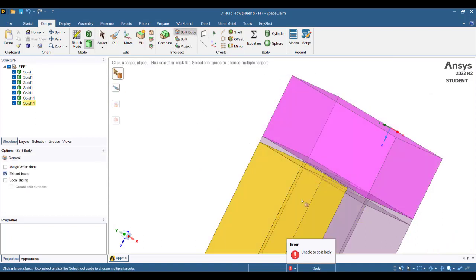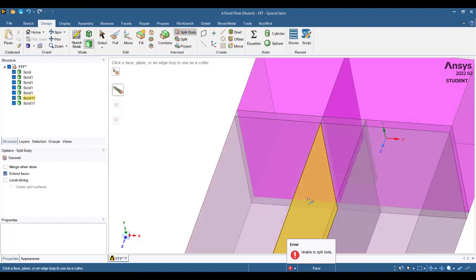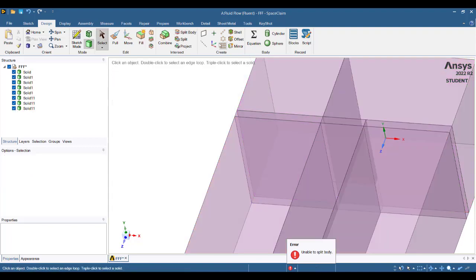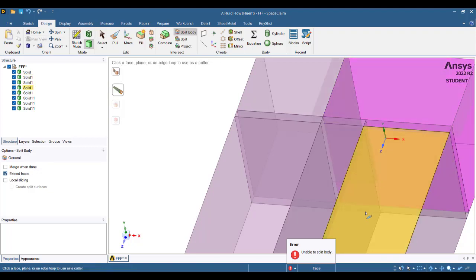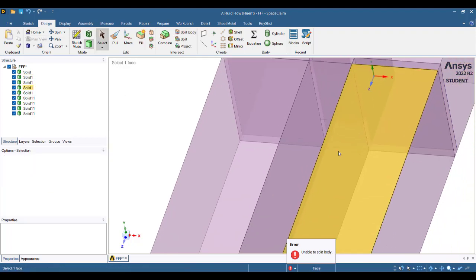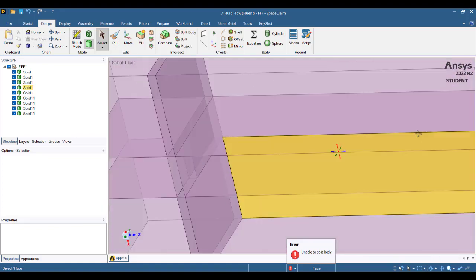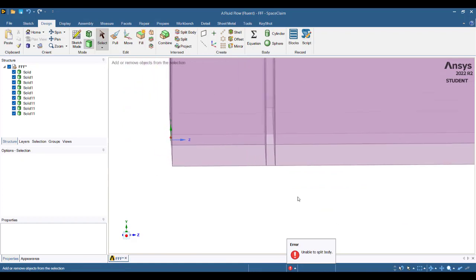Just select internal face, this face, and similarly try to split that same body using this face. Okay, so now we have created a block, as in ICEM CFD. You have created a block for this square. Okay,